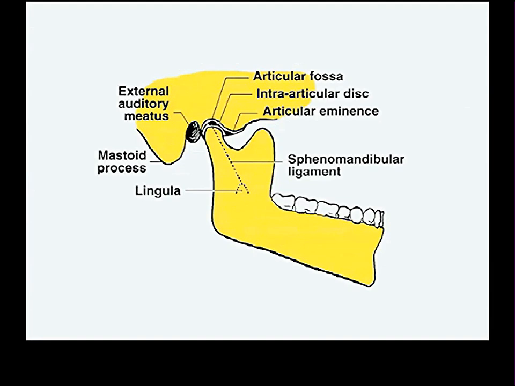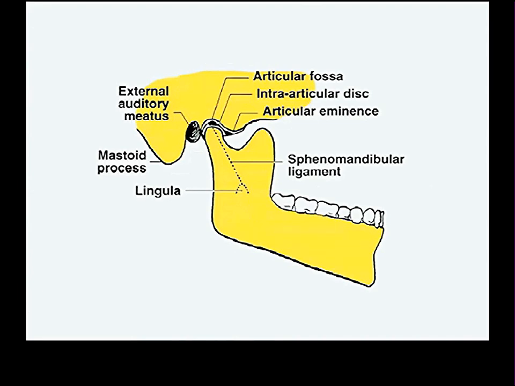The condyle of the mandible sits in a depression here called the articular fossa. I know your book calls it the mandibular fossa. That's probably its correct term. Most head and neck people call it the glenoid fossa. I don't know what glenoid means. You know what glenoid means? It's like some shape. It's like a boat shape. Boat shape? All right. Doesn't look like a boat. Neither does the other glenoid. There's another glenoid fossa in the shoulder, too. Doesn't look like a boat.